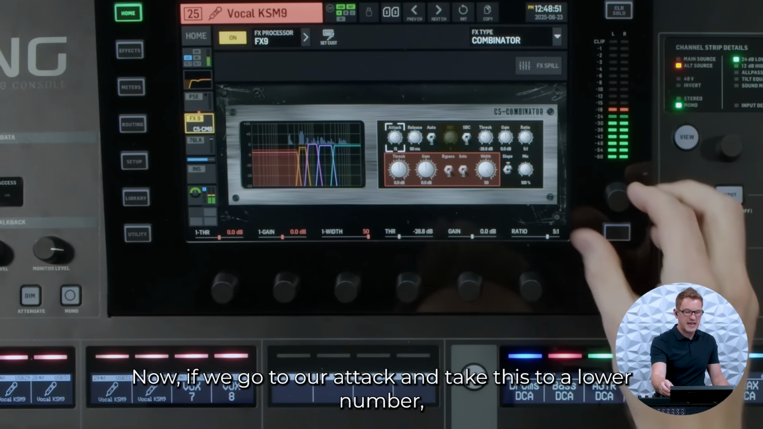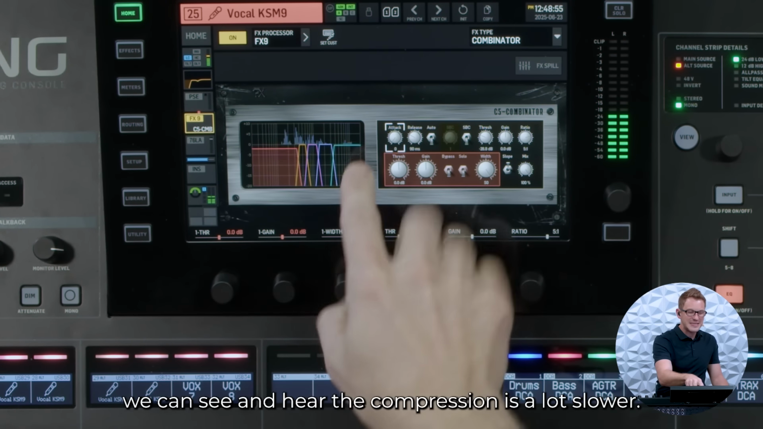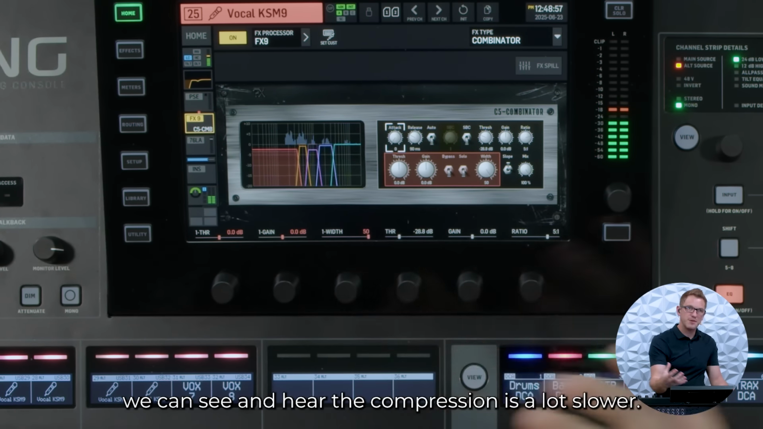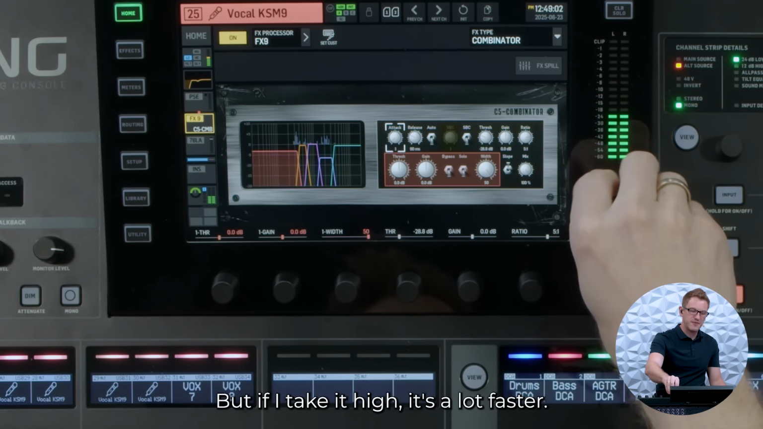Now, if we go to our attack and take this to a lower number, we can see and hear that the compression is a lot slower. But if I take it high,